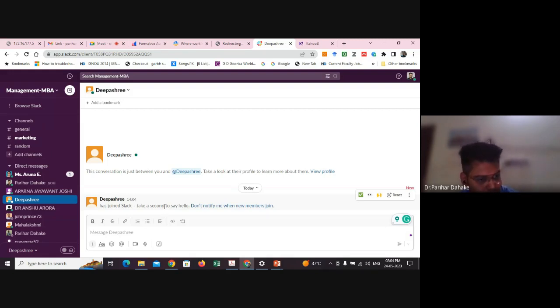Either you need to conduct one separate examination by the pen and paper method, and obviously that will be a time-consuming activity. So instead of doing these things, you will conduct one activity on this Slack platform where the student will appear for an examination and all the data will be recorded and saved for future reference. Remember one thing always, this is the free version which I am showing. There is a paid version too. According to your choice, you may go with it.